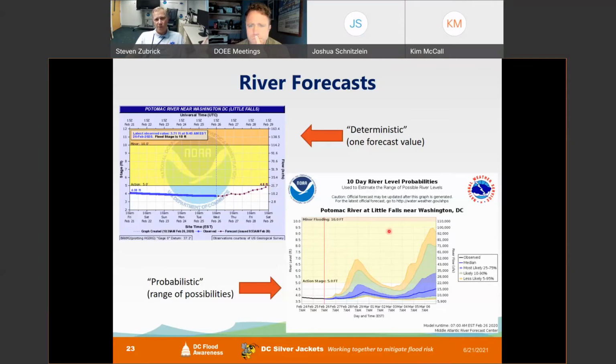Also, for Little Falls we have what we call a 10-day river level probability forecast. Here, what I would call the single deterministic forecast of water levels at Little Falls, just upstream on the Potomac from DC, stays below 5 feet. On this graph, the action stage is 5 feet, but you'll notice toward the end of this 10-day period, this was back in early March and the forecast was made in late February,